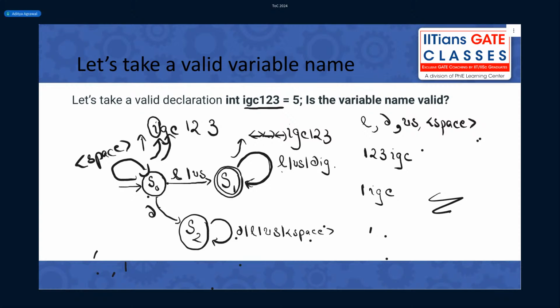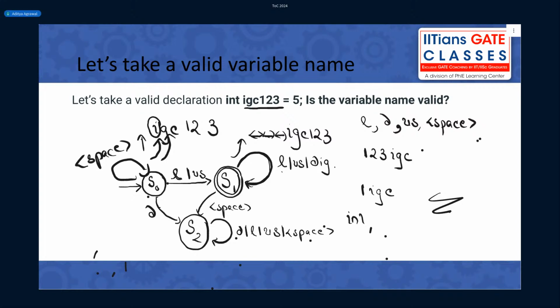So IGC space 123 is not allowed in C. That is why if you run this machine, I is allowed, you go to S1. G is allowed, you go to S1. C is allowed, you go to S1. But if you see a space, you must come to S2.